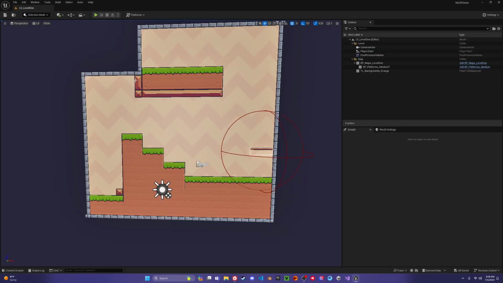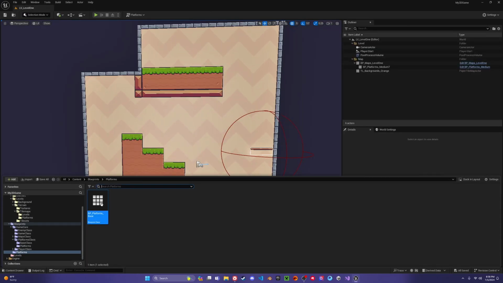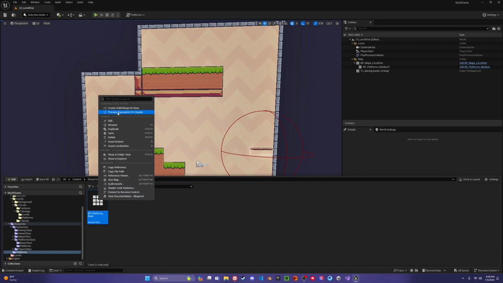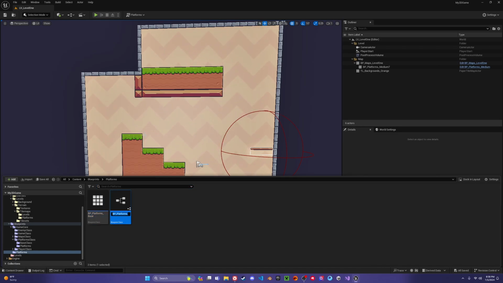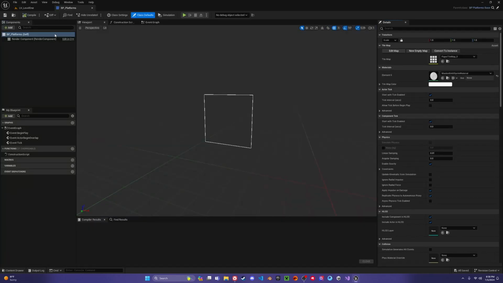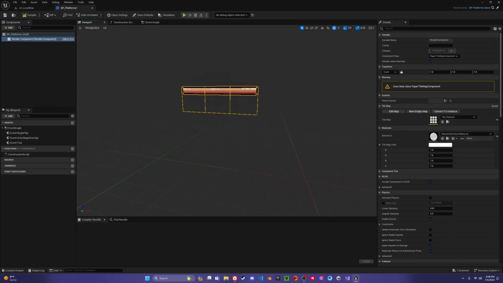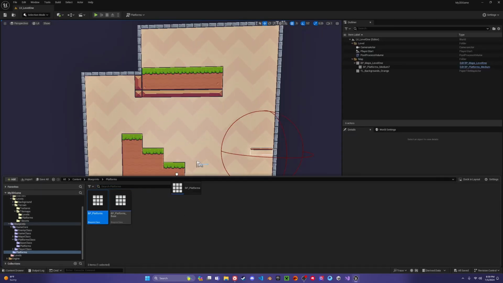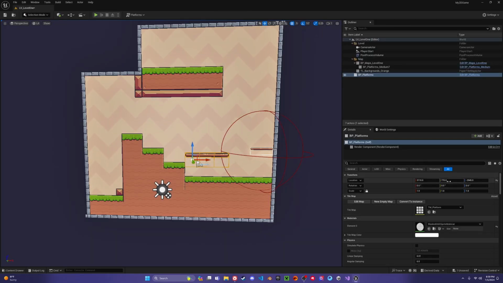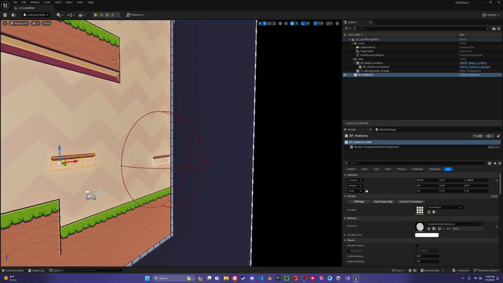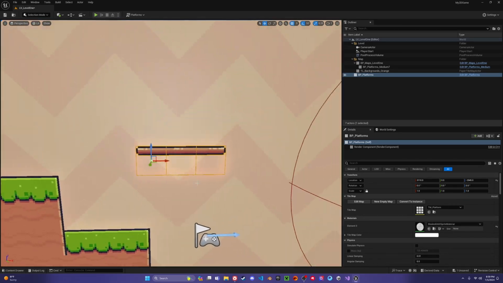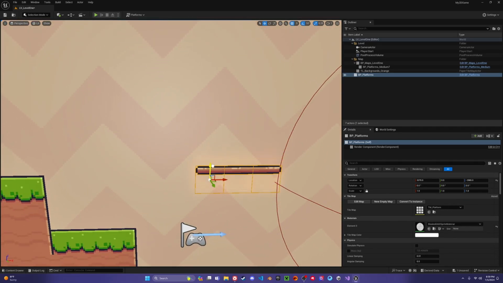We want to close this, and we want to go to our BP_platforms base, right click, create child blueprint class, and I'll just name it BP_platforms. And over here, we're going to open this up, and in our render component, we're going to add our BP_platform, which is the platform we created earlier. And now if we bring this onto our level, we'll put this as 0 on the Y to make sure it's actually leveled with our tile map, and we'll just put this like right here,